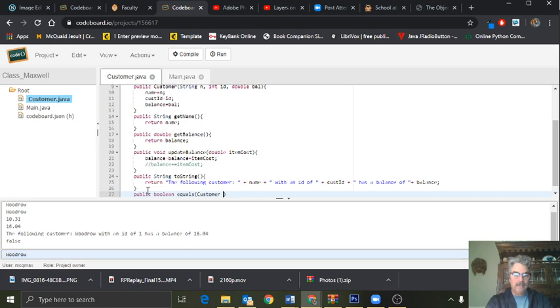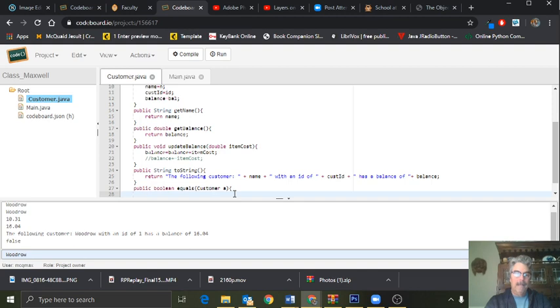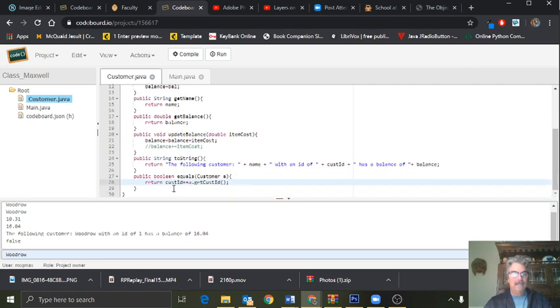So we'll call this A, which when it's called will be Y. And what we're going to do is return cust ID equals A.getCustID. So there's a problem here,